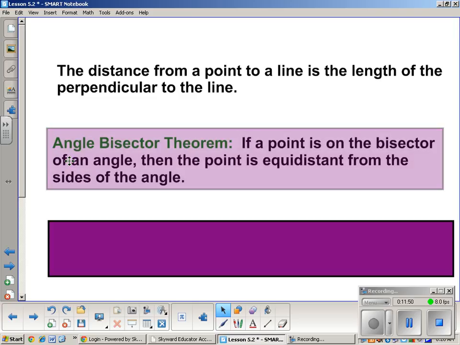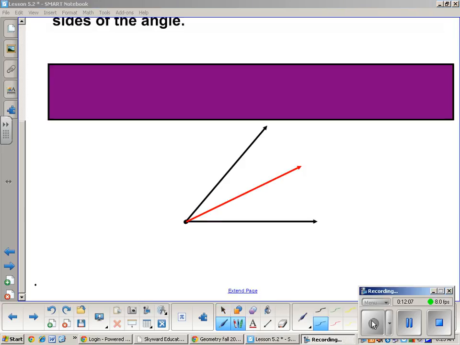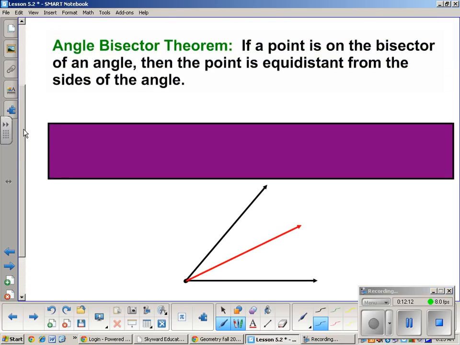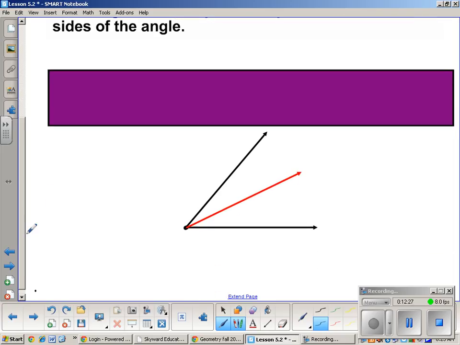Yeah. The angle bisector theorem. Right. The angle bisector theorem, guys, says that if a point is on the bisector of an angle, then the point is equidistant from the sides of the angle. I'm gonna pause so you can copy this down. Okay, so here we have an angle, this black angle, and this red ray is the angle bisector. This says if a point is on the bisector of an angle, then the point is equidistant from the sides of the angle. And so what that's saying is, if I just pick a point and put it on the angle,